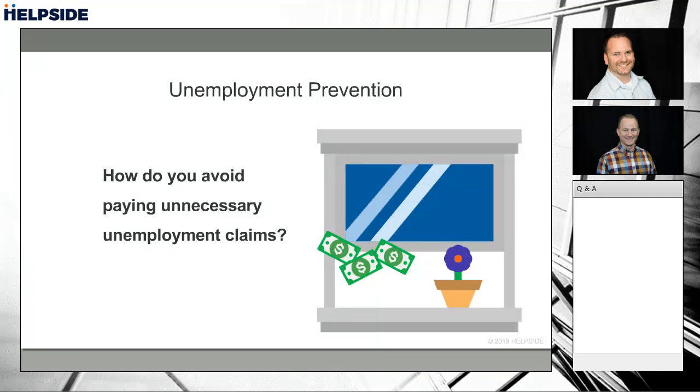So Jeff, somehow this doesn't seem right. Talk to us about what we did wrong, what we didn't do right, and how we avoid paying unnecessary unemployment claims. Yeah, so right off the bat, you said that the supervisor went to him and said, shape up, Cal. So there was a verbal conversation that took place. Right. But where's the documentation? Because if it's not documented, it didn't happen, right? It's your word against Cal's word.